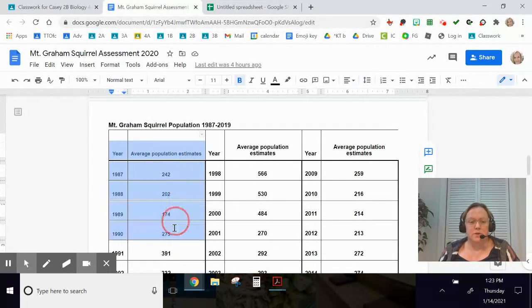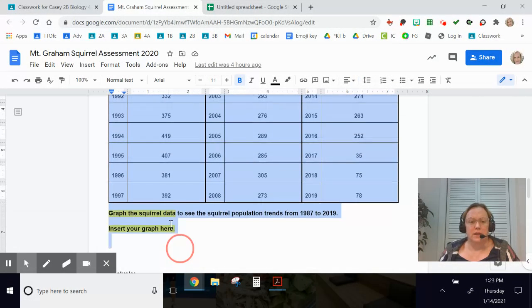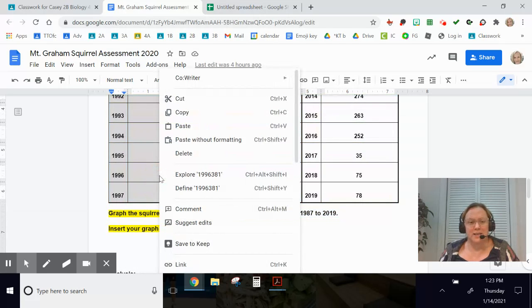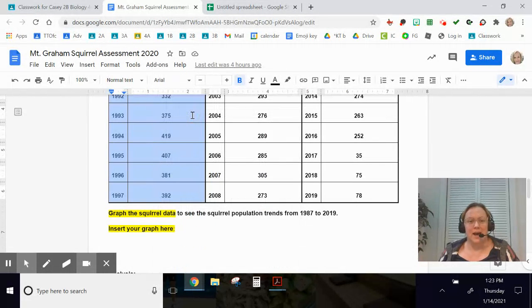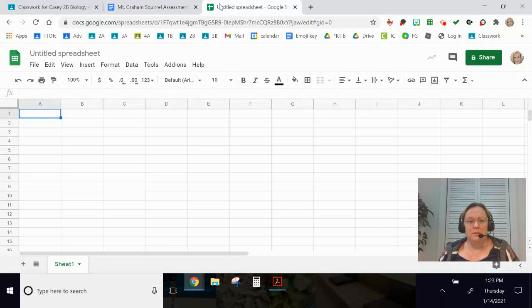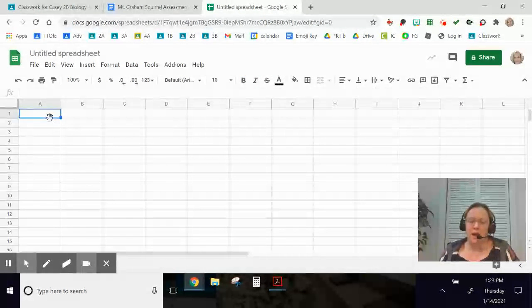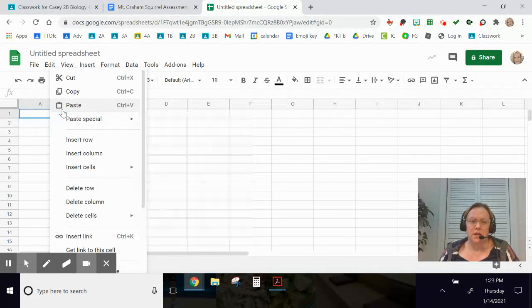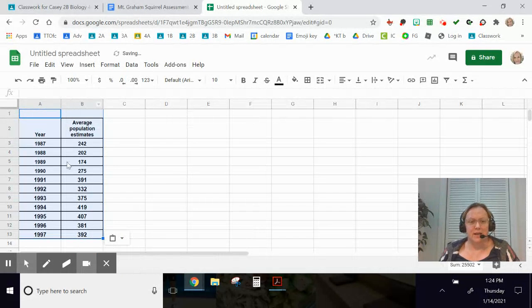First thing you want to do is highlight your data. You want to just highlight down here in the first 2 columns through 1997. I'm going to copy that data, and then I'm going to head over to my spreadsheet, and just like every graph we've done this year, I am going to paste my data in my spreadsheet. So you can see here I have the years from 1987 to 1999 and the average population estimates for each